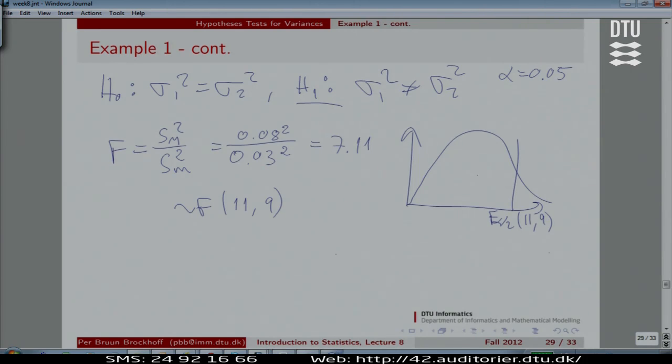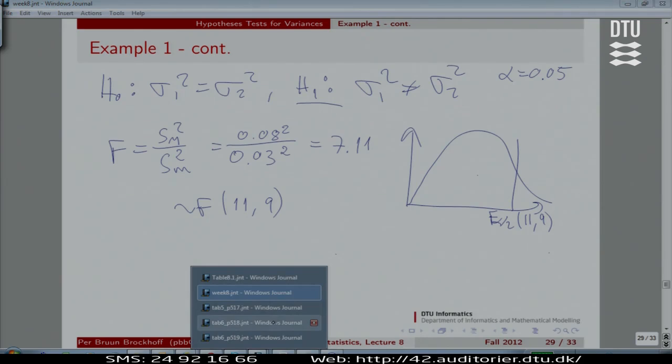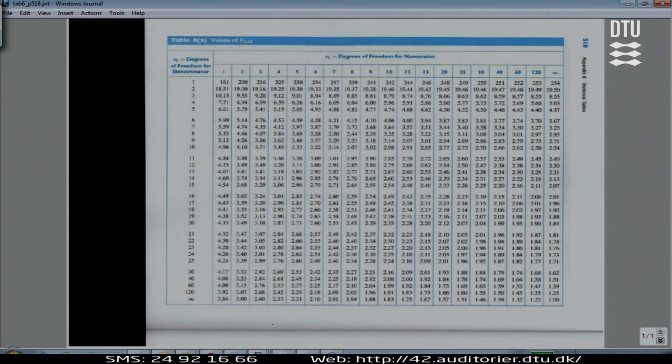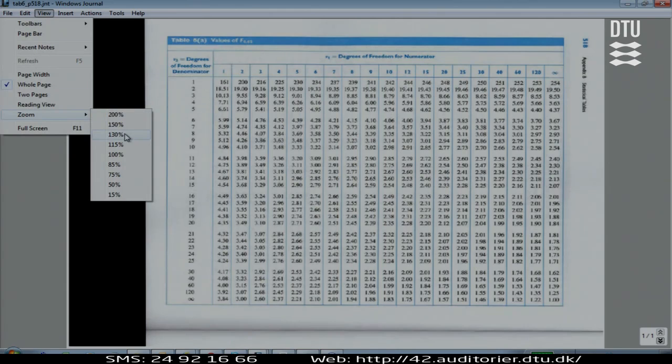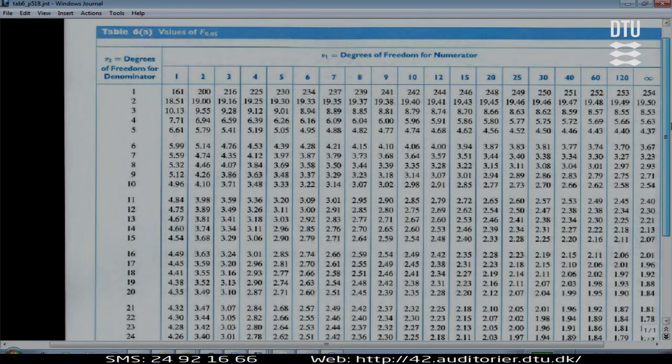Now we get a problem, but that's interesting enough, so let's do it. There are 2 pages of numbers when we look at table 6, 6a. Zoom in a little bit. 6a is simply giving F 0.05, it's simply giving 1 point on many different distributions,